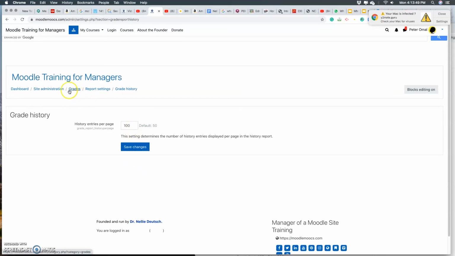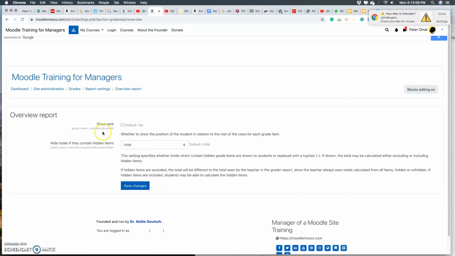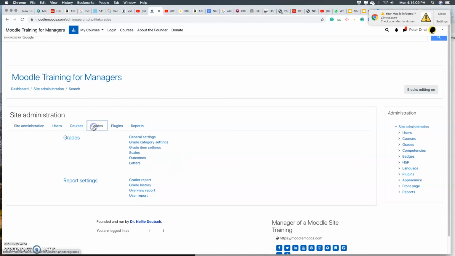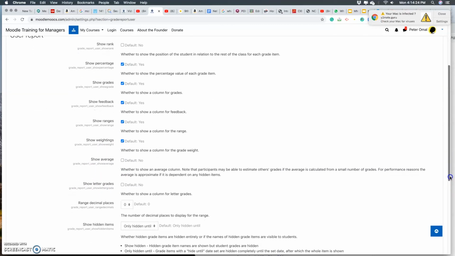We can go back to site administration, grade, overview report. Overview report, it shows the rank, no, and all of that. We can save that. We go back to site administration, grade, user report, no. These are the user report settings. Show the percentage, show the grade, yes. Show the feedback, yes. All of this. These are the default settings where ranges,